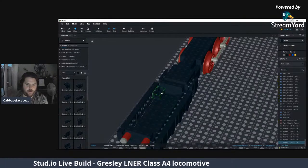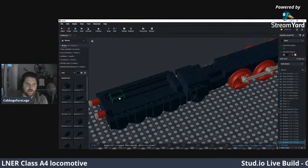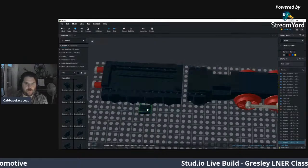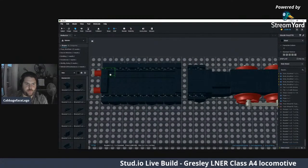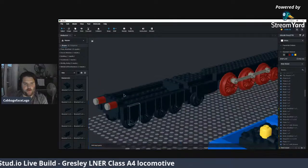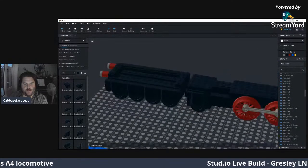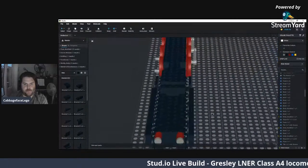Right. Nearly there. Right, so delete that one, and then we're the same height. Probably those buffers will be in the right place roughly. Right, let's get